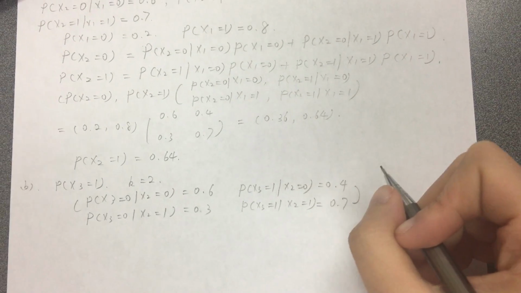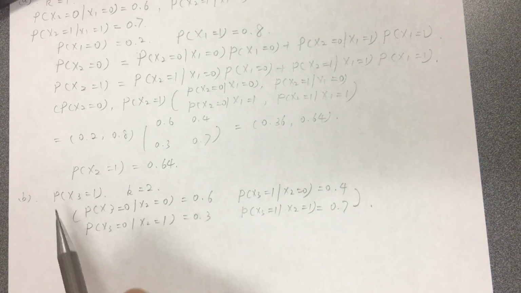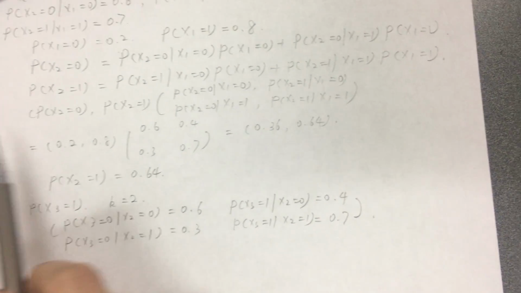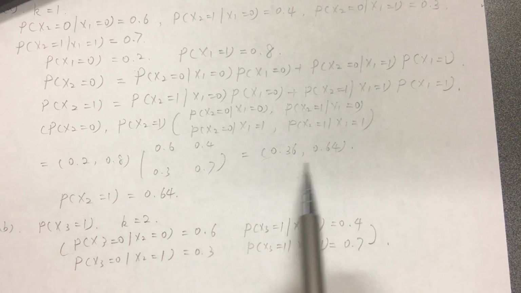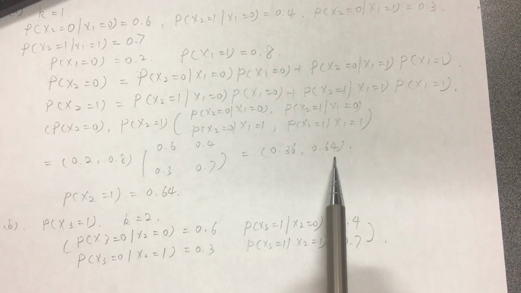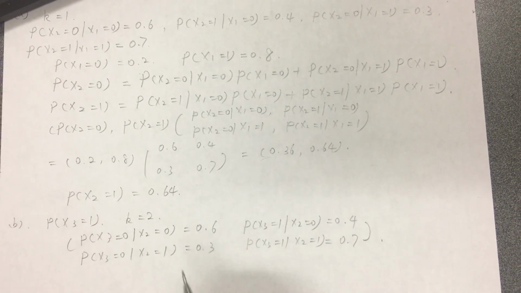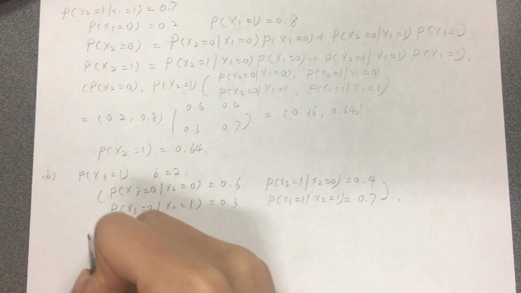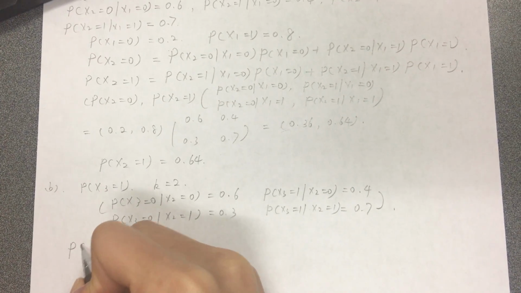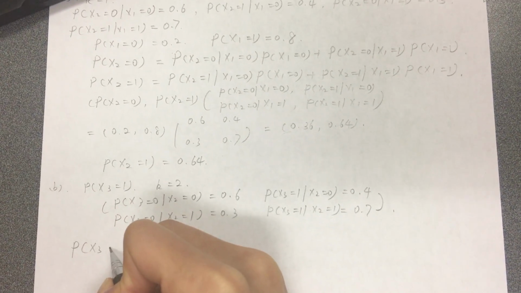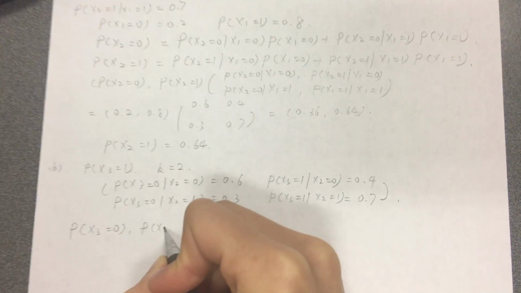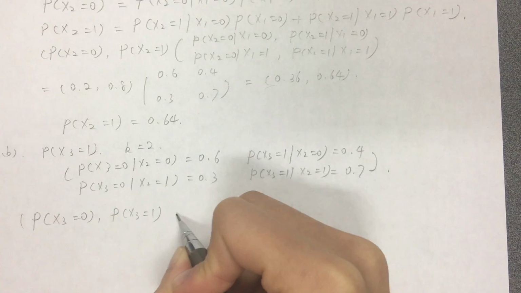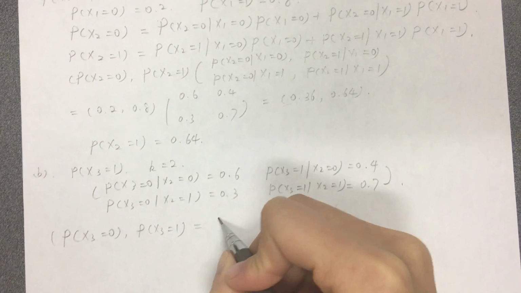We already know the probability that x2 equals 0 and the probability that x2 equals 1. So as in problem A, we can calculate the probability that x3 equals 0 and x3 equals 1 by the equation